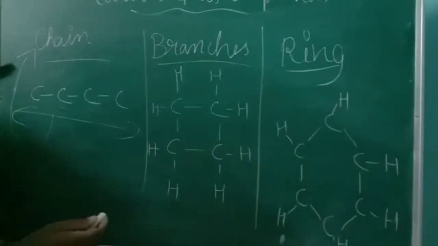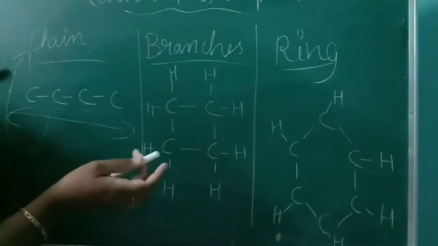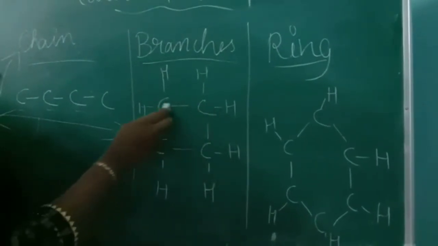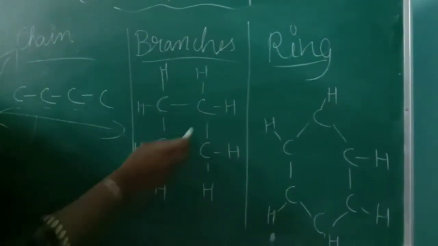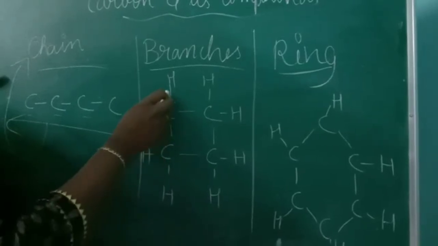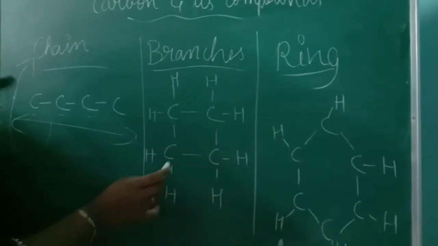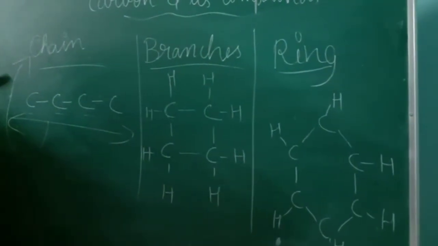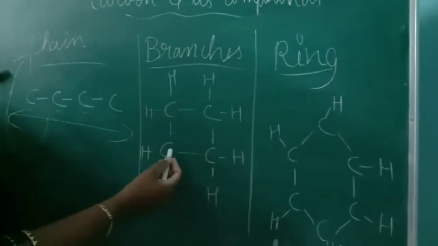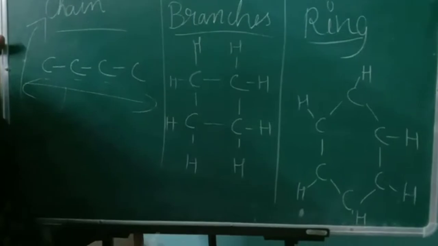Next, coming to the branches type, here see, this is like a branch form. So how in the trees you find the branches, similarly here it is not in a straight line. Here two carbons are in a straight line, and one is below that and one more is below the other one. So here there are four carbon atoms and these hydrogens are bonded here and there. Right, so this is not in a straight chain. Okay, so this comes under branches type. Branches type means it comes one below the other. If carbon atoms are exactly one below the other, then we call it a branched chain form or a branch type bond formation.